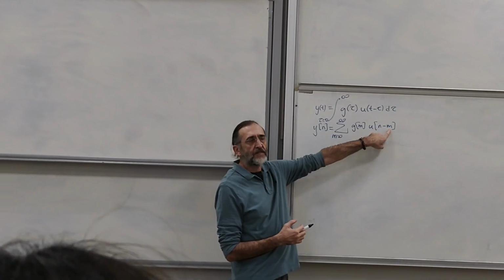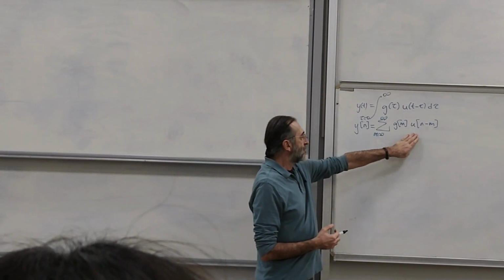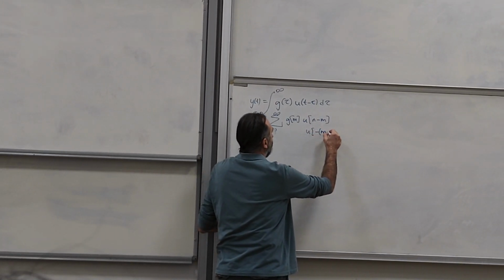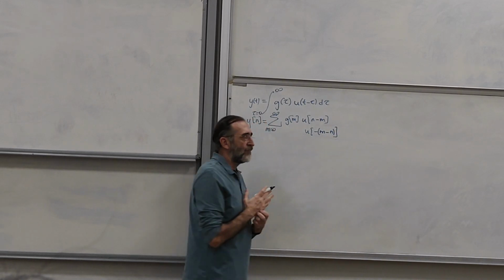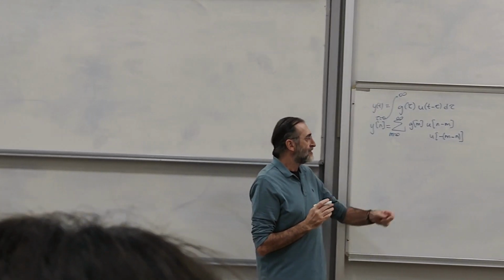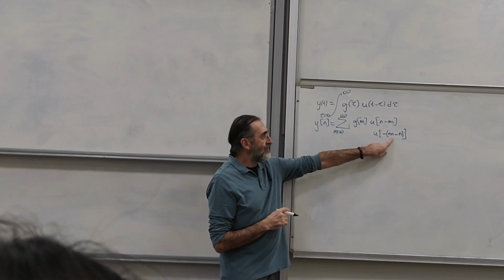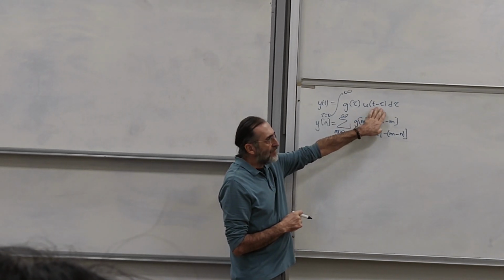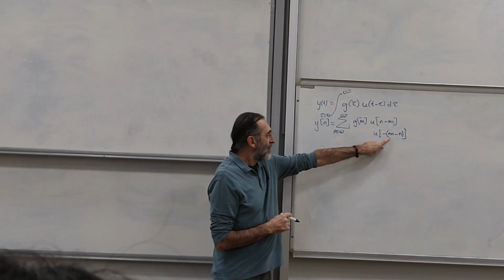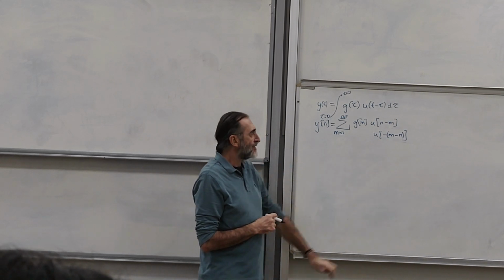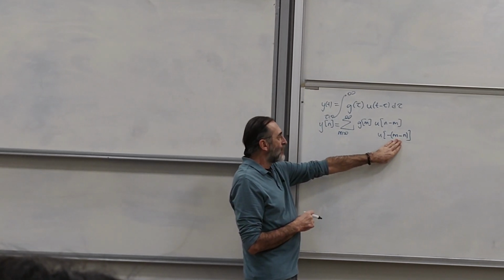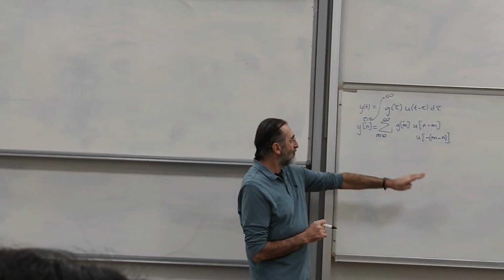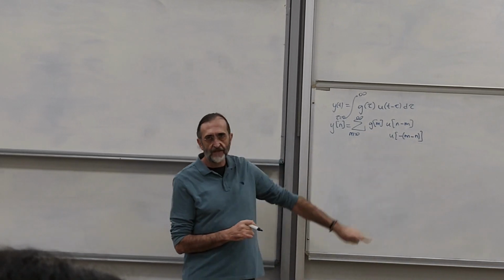Let's take a break. What I'm saying of the integral. So this is actually u of minus m minus n. We prefer to write the index of the summation or the time, the integral, first. So what that says is that we have to reverse the input. We have to leave the system as it is.